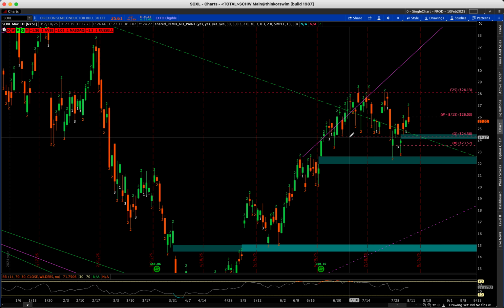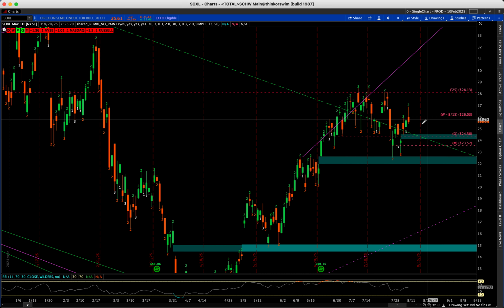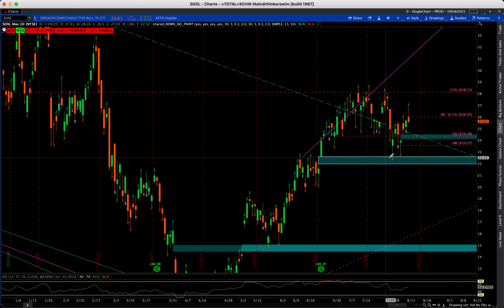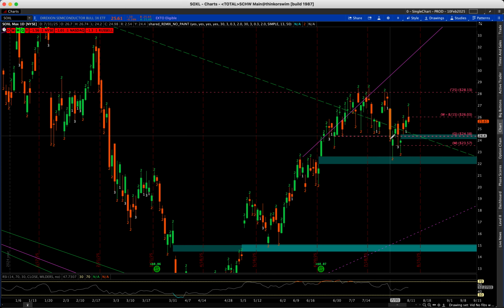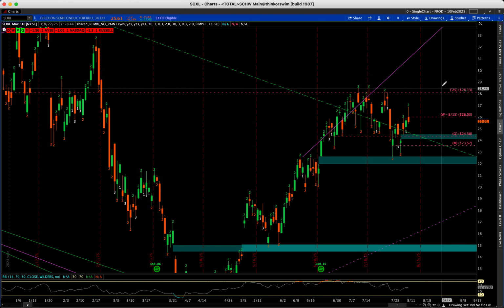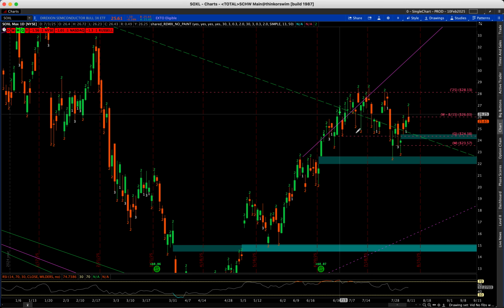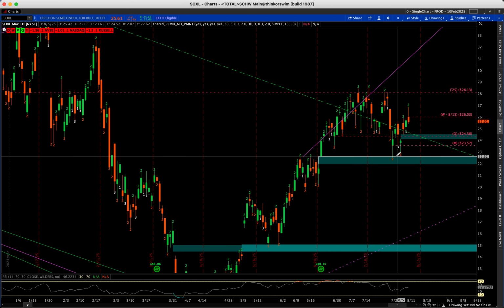The quarter flip has been support a number of times as well. We do have a couple of gaps to the downside. When we did have a bigger flush outside of this range, which is the quarter flip and the year flip, 24 and 28 essentially, it did come down to this gap. And as we pointed out before,